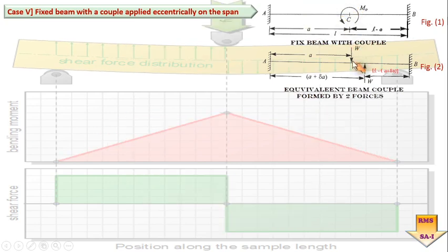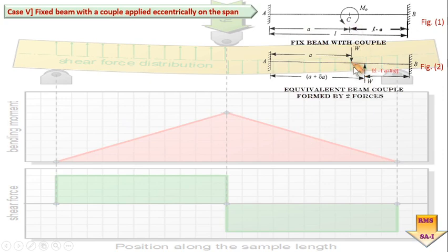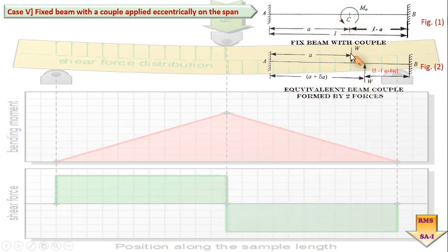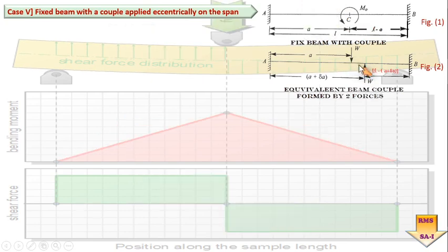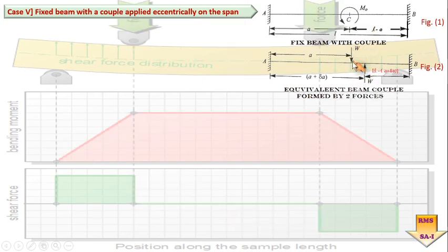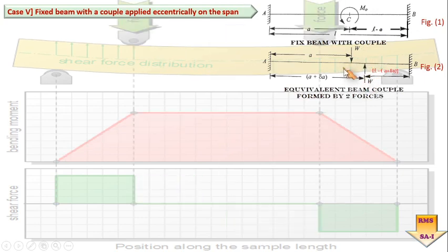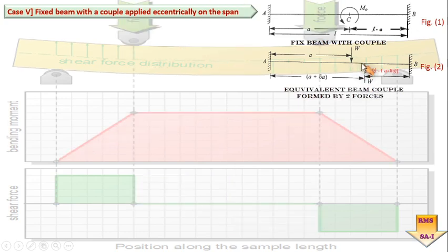If you remember, when two equal and opposite forces are acting away from each other, they always constitute a couple. So that analogy I have applied here, and I have converted this anticlockwise couple into two equal forces acting at a distance of delta A from each other. These two forces, W downward and W upward, again produce an anticlockwise couple. And the distance, which is called the arm of the couple, is equal to delta A.